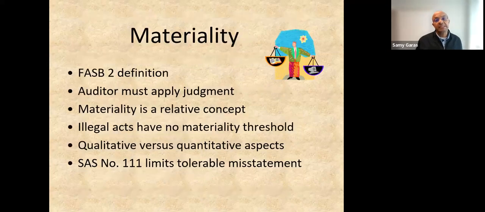The next one is the materiality. The auditor might find errors here and there during the process of auditing, but the auditor cannot review every transaction during the year, so we make a sample from the different transactions, and then we see if there is an error above the materiality level, then we try to investigate it. If it's below, we ignore it.